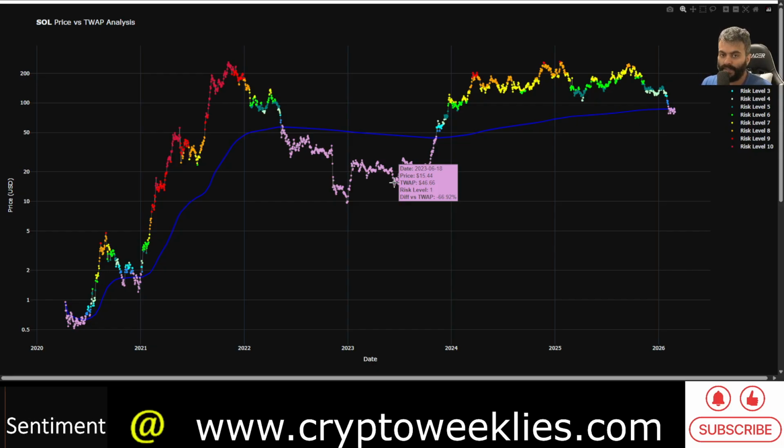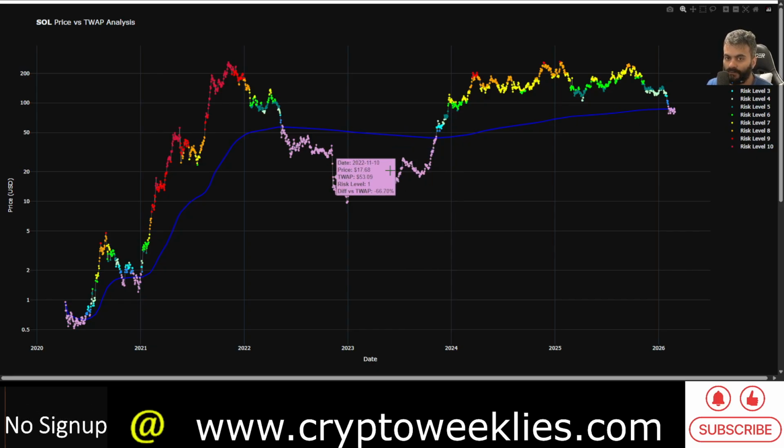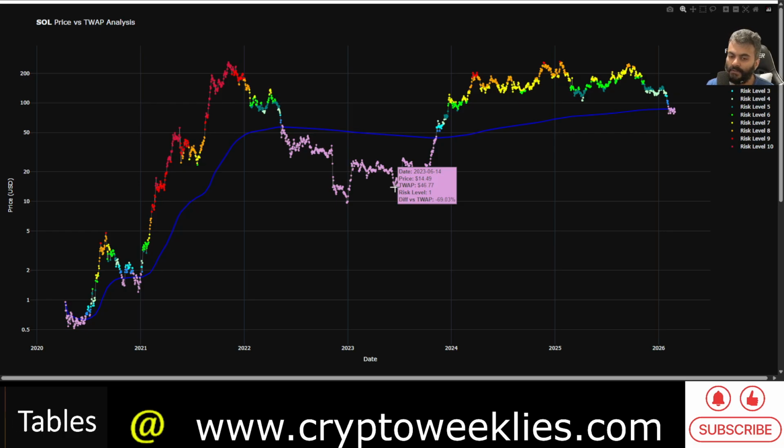June 2023 bottom, then ignoring this 80% drop from the time weighted average price, the lowest SOL went was at around 70%, just ignoring the noise of that FTX collapse related downturn. So this time around, as the asset matures, the drop from the time weighted average price could be much less severe. So let's say between 30 to 50% down from the time weighted average price.